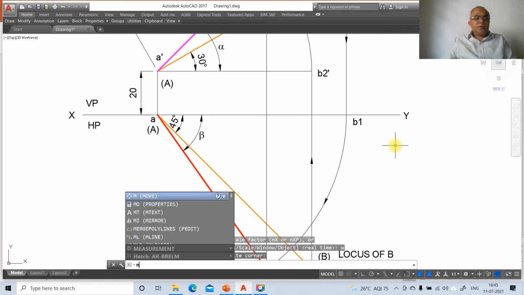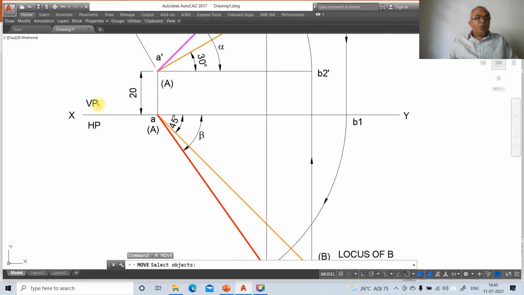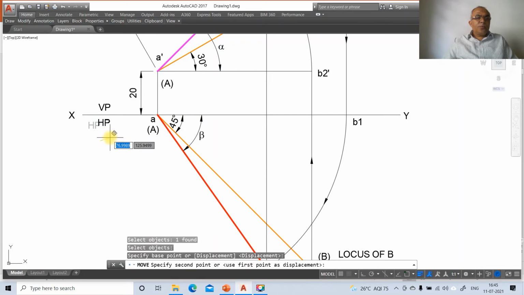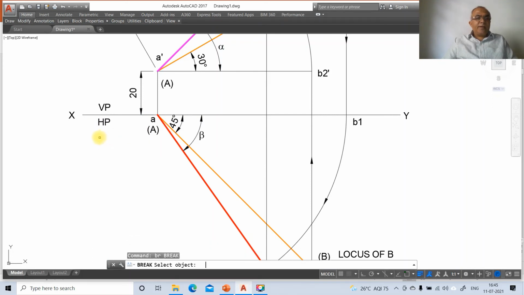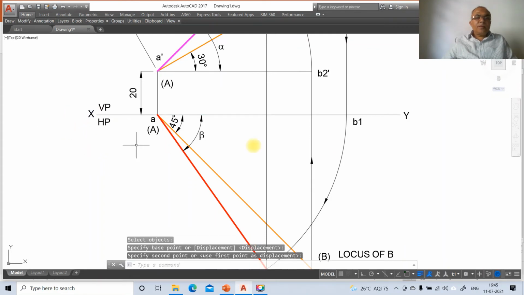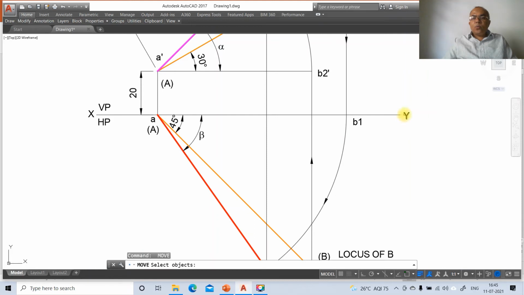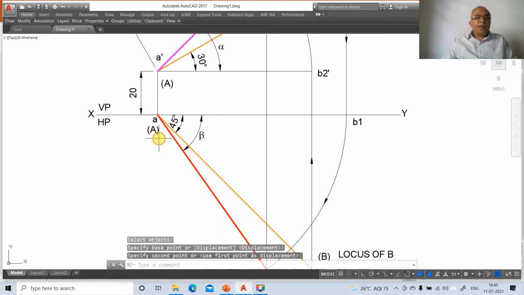So now go to move objects, you select and place it wherever you want. So VP, then go to break this line till here, then go to move this. Similarly Y, then A, so we move this capital A here. So then B1,